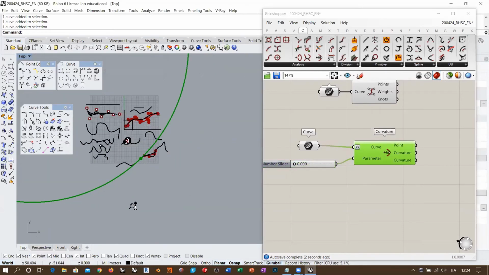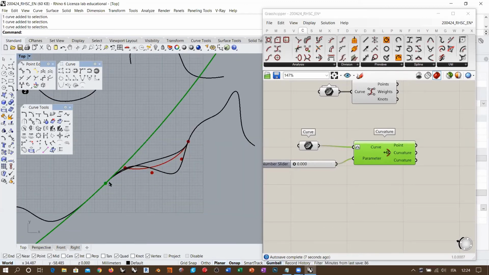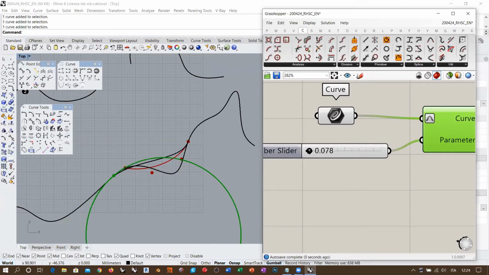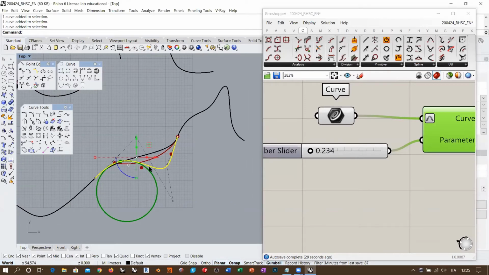So you see this is the curvature circle, also called the osculating circle of the curve in the start point. And if I move this, being an organic shape, the real meaning of organic is simply that there is no single geometrical rule along the path of this line. There is a mathematical rule because there is one single equation, but the geometry is constantly evolving and changing. So there are no two adjacent points with the same curvature radius, for example. Okay, so in order to trace this line, for example, in the building site,